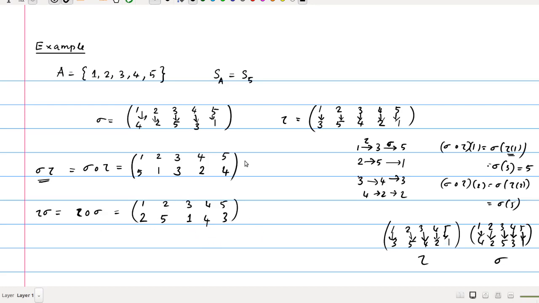So in this fashion, you can evaluate the composition of any two permutations from S5. Okay, so we have seen that under this composition, this S5 forms a non-abelian group. Obviously, we can see that these two functions are different. Okay, these are not equal. So we can say that sigma tau and tau sigma are in general not equal. So this forms a non-abelian group, which consists of 120 elements, because cardinality of S5 will be 5 factorial. That is 120. So this is an example of a non-abelian group of cardinality 120.